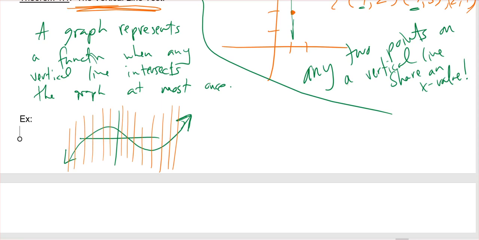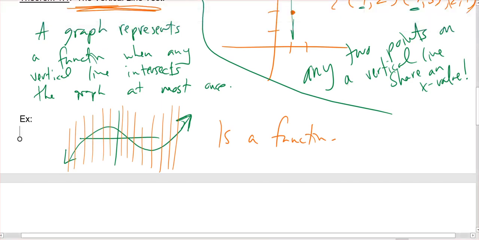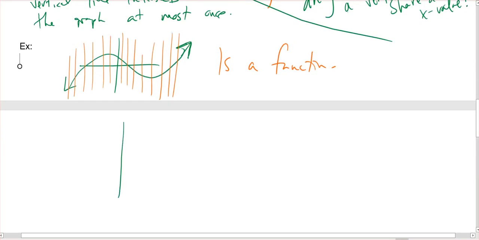Any one of these is only going to intersect this picture once. So we say that this is a function, right? Because any vertical line intersects at most once. Well, what's the other side of that look like? Maybe if we drew it like this,